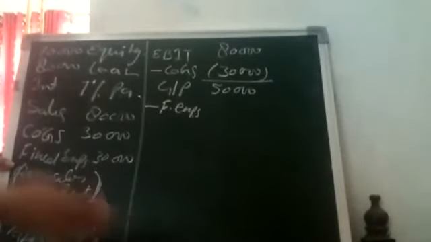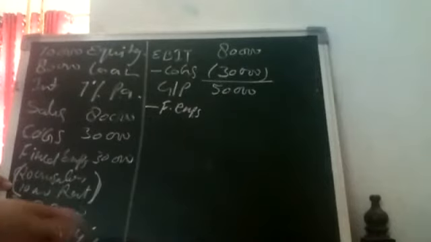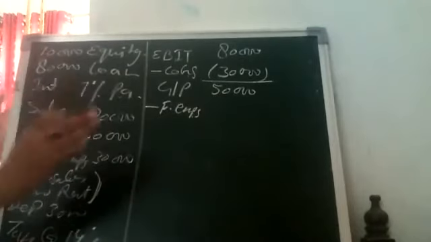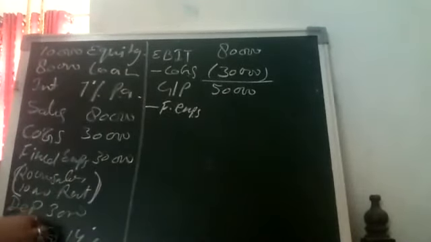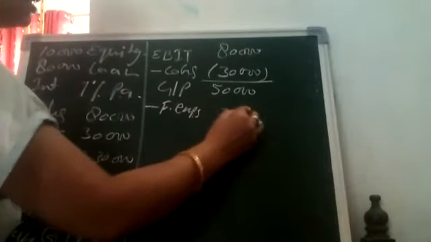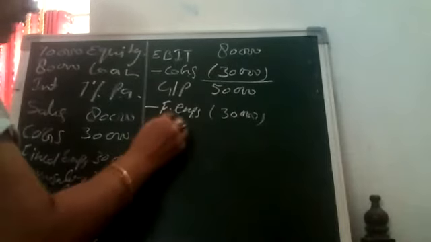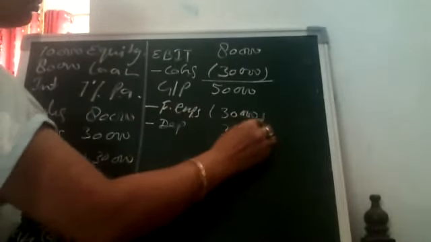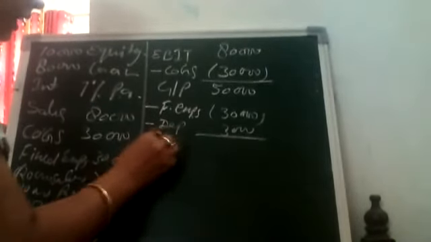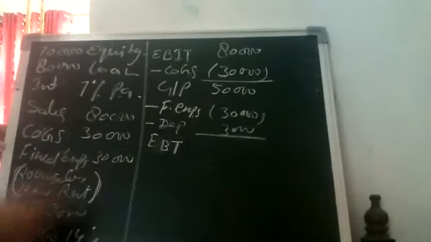20,000 salary is always fixed. Next thing is 10,000 rent is always fixed, and depreciation is also one of the fixed expenses, because whether you use the machinery or not, it will lose its value. So depreciation means reduction in value of fixed assets. Of course, with the passage of time, whether you use it or not, it will lose its value. So all these are 30,000 plus 3,000. So I'll write here 30,000 fixed expenses minus depreciation 3,000, and the net profit will be, net profit means earnings before tax.